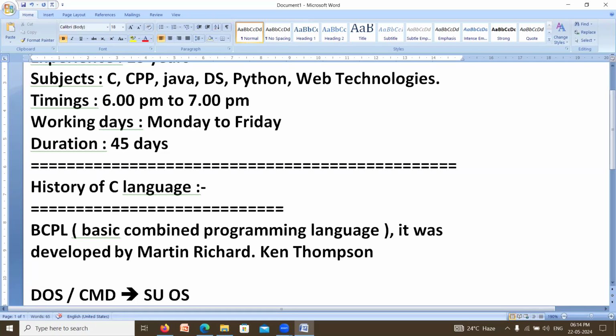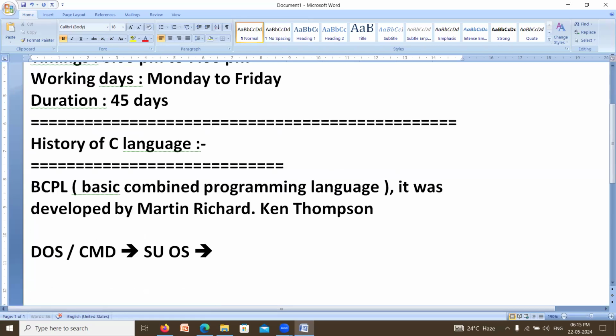What is the meaning of single user operating system? It means it can give service to only one person at a time. It doesn't have the capacity to give service to a group of persons at a time. So it can give service to only one person. So it is called a single user operating system. But to use the computer resources efficiently,